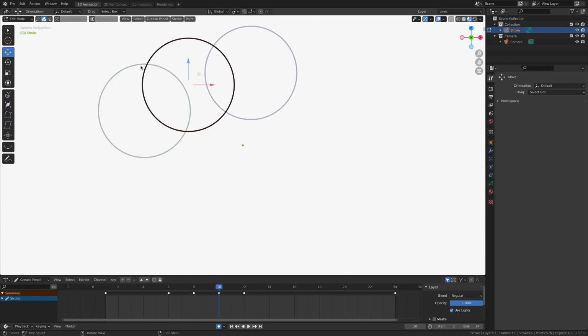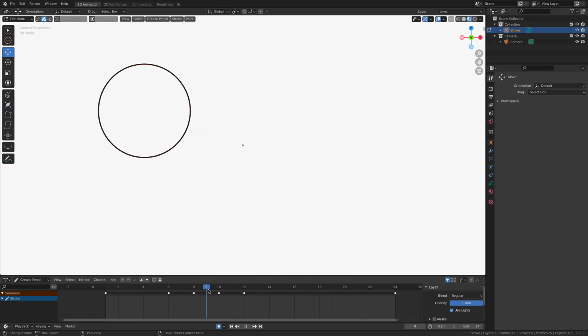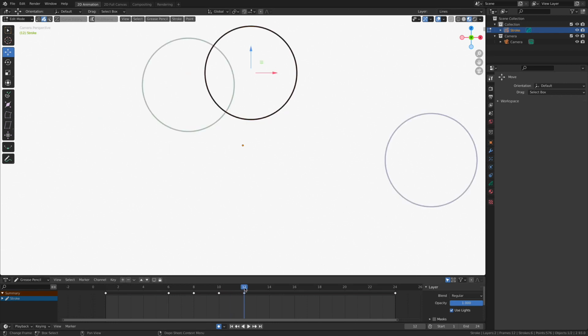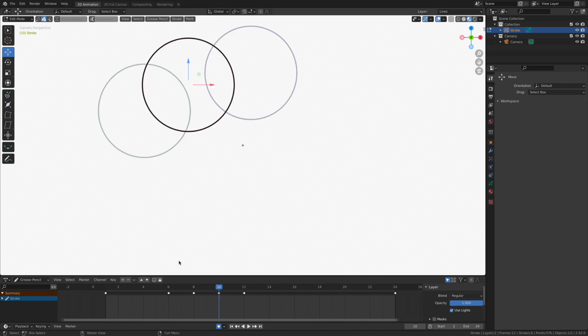Why am I only seeing the frame immediately before frame 10, which would be frame 9? And why am I only seeing the keyframe immediately after on frame 11, or in this case, frame 12? Okay. Well, that has everything to do with the onion skinning properties. It's only going to show us a small range before and after of the keyframed drawings that we have in our timeline. Now, when I'm laying out complex animations like this, sometimes I want to see a little bit more than just one frame before and one frame after.